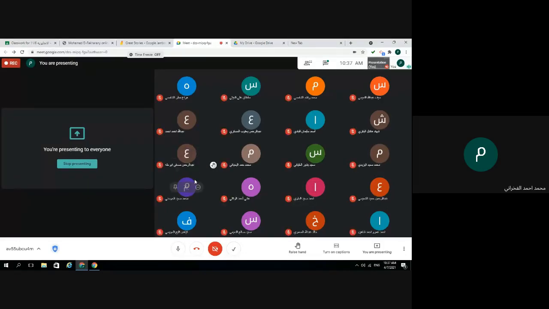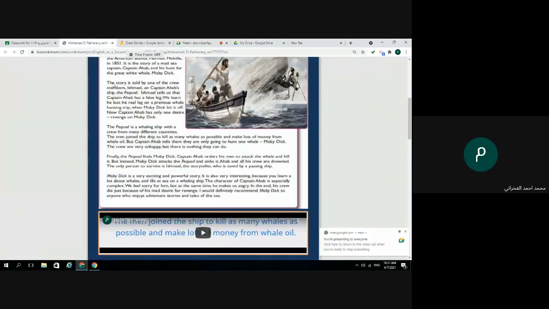Yes, Abdurrahman. Yes, the writer of the review enjoyed Moby Dick. We know this because of the end sentence. He said, "Who enjoys adventure stories and tales of the sea?" Okay, but you didn't give me the clear sentence. If you go to the last paragraph and you read the first line, Moby Dick is...